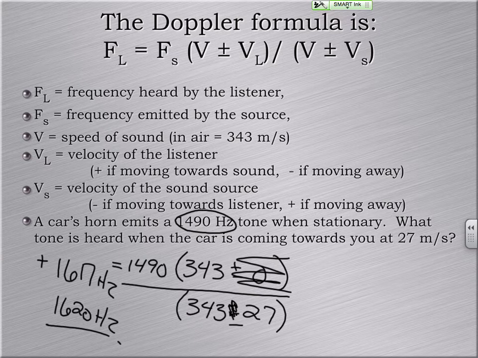So it got higher. If it goes past me, what would be the new sound I hear? What would be the only thing that changes? Yeah, the minus turns into a plus. So if you just highlight the formula up above, change that minus to a plus. Suddenly I'm down to 1380 hertz. So when it went past you, you would hear that drop from the 1620 down to the 1380. That's why you hear the "neeeow" as it goes past.